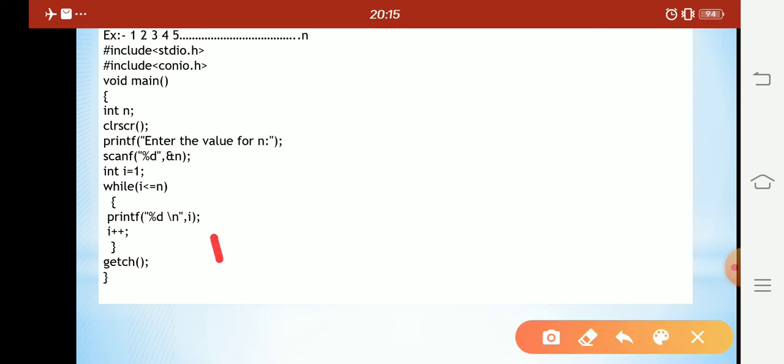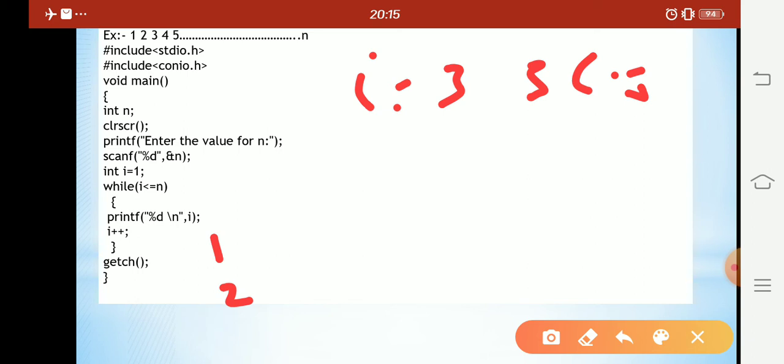It will print 2, then i is incremented to 3. Now i equals 3. 3 less than or equal to 5, condition satisfied, so again the block of statements will be executed.